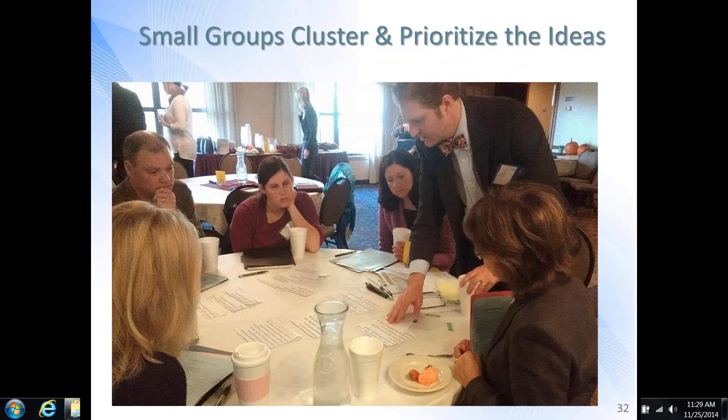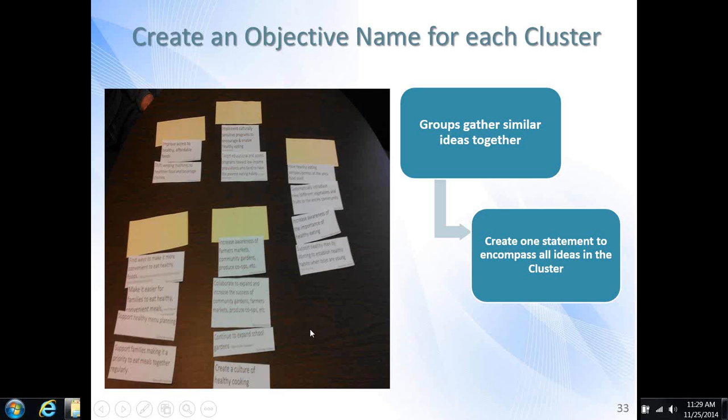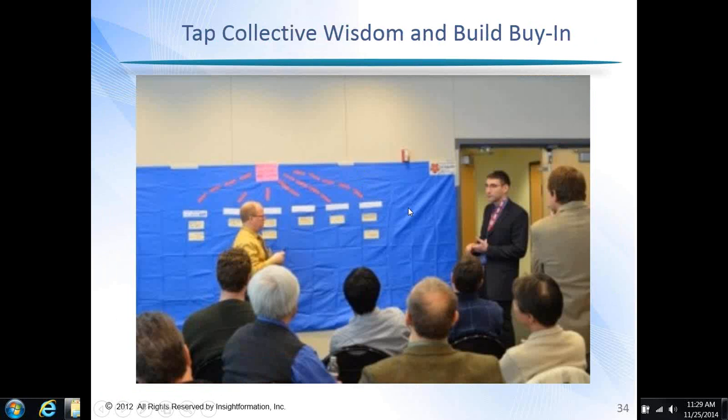Oftentimes we help organizations do it through a series of web conference calls. In other cases we do it in live workshops. These are some pictures of some different strategy map sessions that we have worked on, where we took a lot of documents that had come out of previous meetings and plans, and we chunked it down into some of the different concepts of what they wanted to do, and then worked with the group to cluster them and then name each cluster.